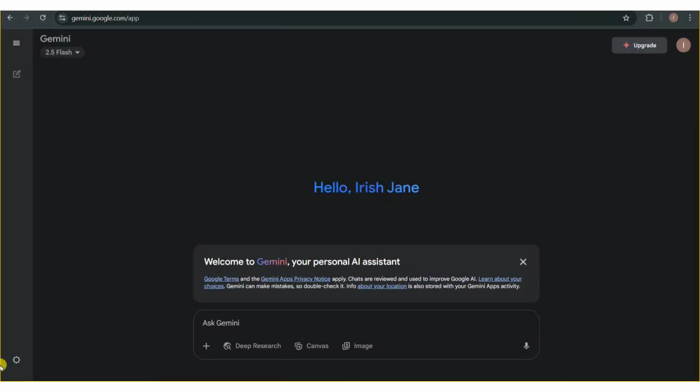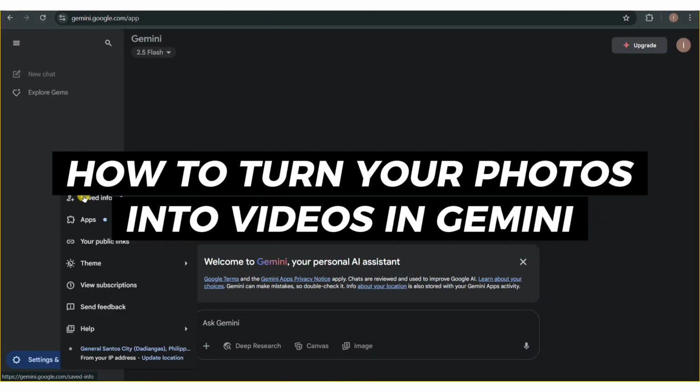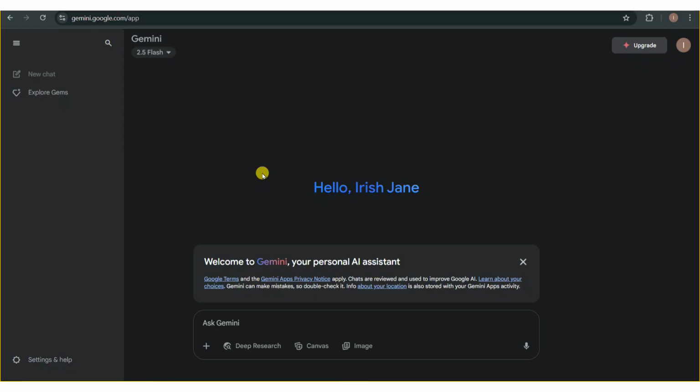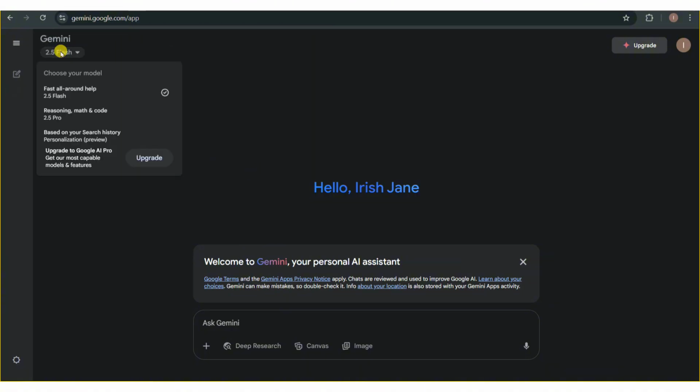In this video, I will show you how to turn your photos into videos in Gemini. So to get started, go ahead and open gemini.google.com/app in your browser. Once you're in here, go ahead and click on this Gemini version section and then